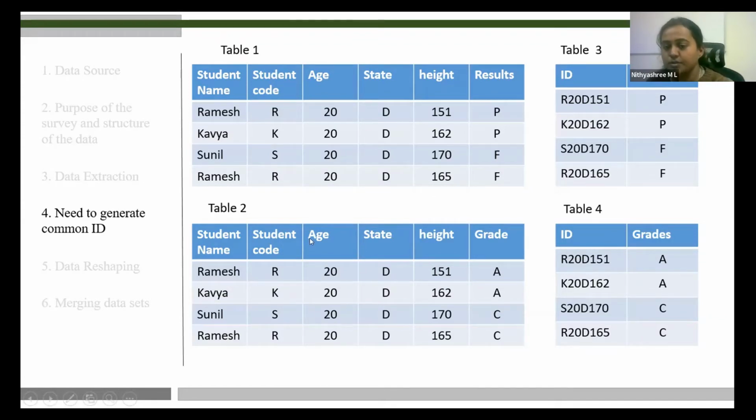So for this also, we will be creating an ID so that it becomes unique. This Ramesh has the information of pass result with A grade, and the second one has the fail result with the C grade. So we will be nullifying our error.